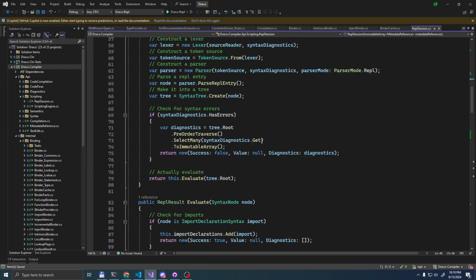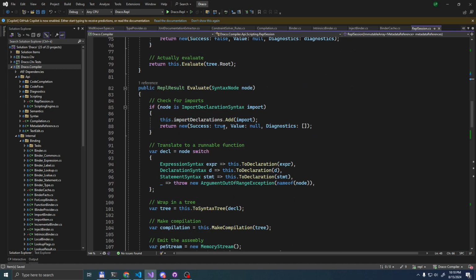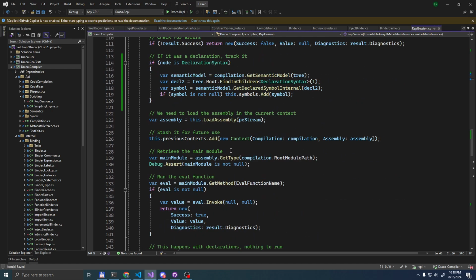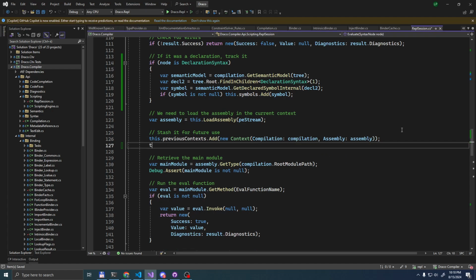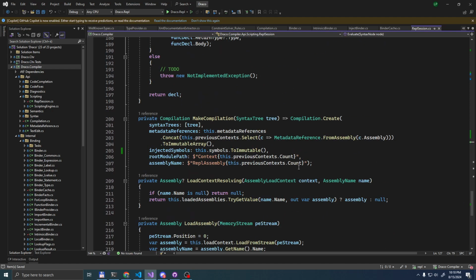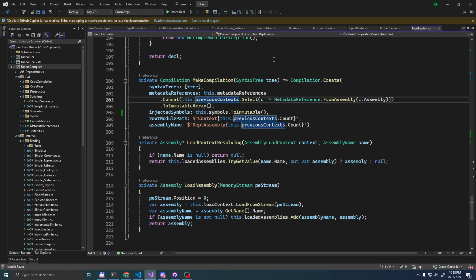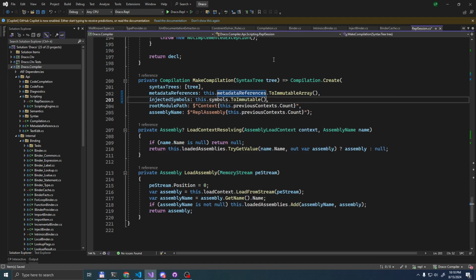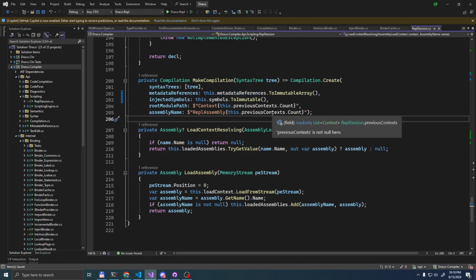And we can do something like so. And when a compilation is done and we add a context, we can add the metadata refs. And this becomes really simple as well.